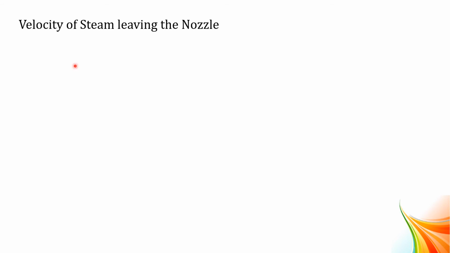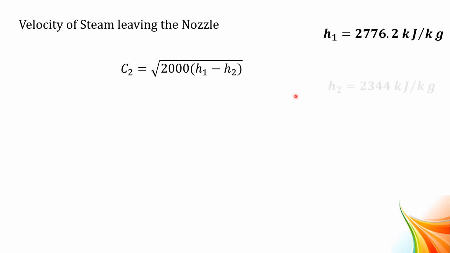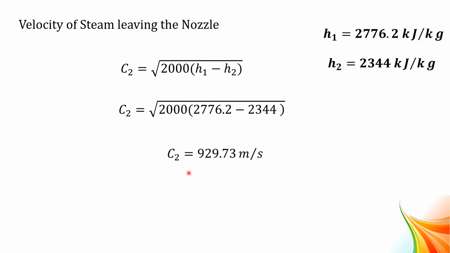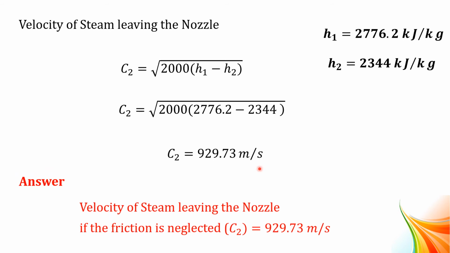So we know the formula for finding the velocity of steam leaving the nozzle, C2 equal to square root of 2000 into H1 minus H2. H1 and H2 values were obtained from the steam table. Now substituting these values in the velocity equation, we get the velocity of steam leaving the nozzle, C2 equal to 929.73 meters per second. So our answer is velocity of steam leaving the nozzle if the friction is neglected, C2